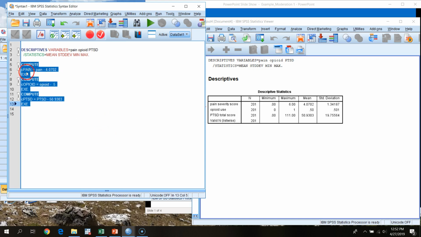So remember what this is going to do is center all my variables so that the mean value for pain, opiate use, and PTSD is all going to be equal to 0. We're just taking each of my raw variables and subtracting the mean. Opiate use is a dichotomous indicator, and so you wouldn't necessarily have to center this variable. I'm going to for the main model, because if we get an interactive effect, an interaction of opiate use and pain, or PTSD and pain,